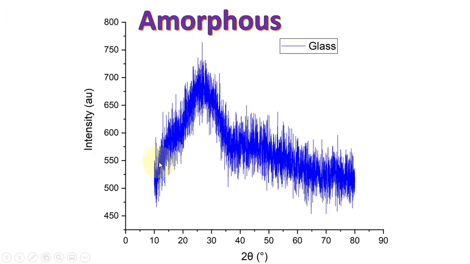And here we have the XRD of amorphous glass. We know that in typical glasses, this is a very broad peak, which is also very noisy, and this is due to the main matrix of the glass, and the rest are all oscillations or noise. Such a plot shows amorphous material, and when we find the crystallinity index for this, it will be around 20 to 30. So inside a glass, we have a crystalline structure, but it is superimposed by the amorphous phase or the modifiers inside the glass.